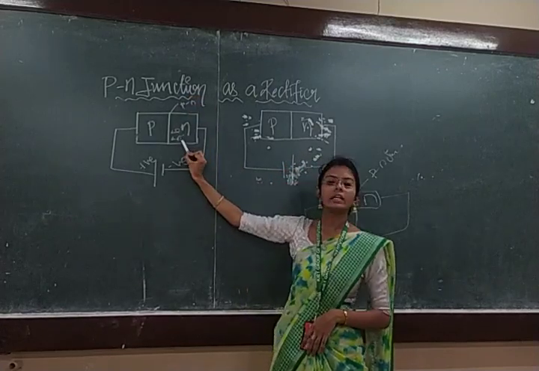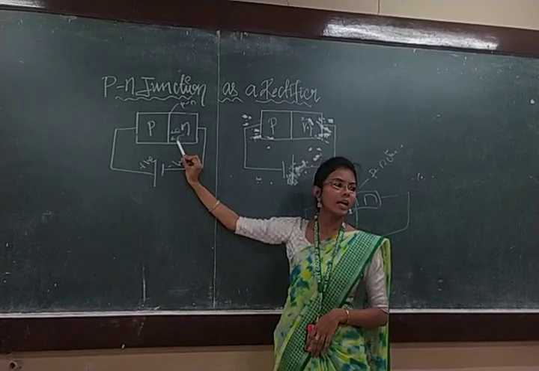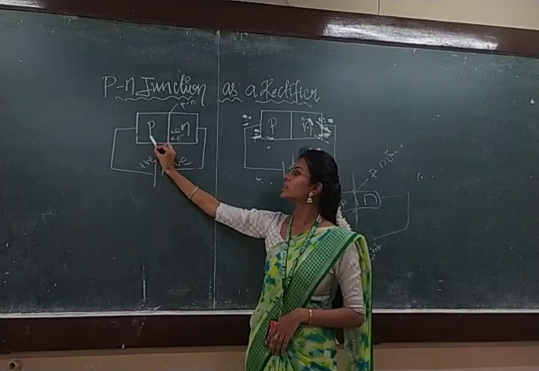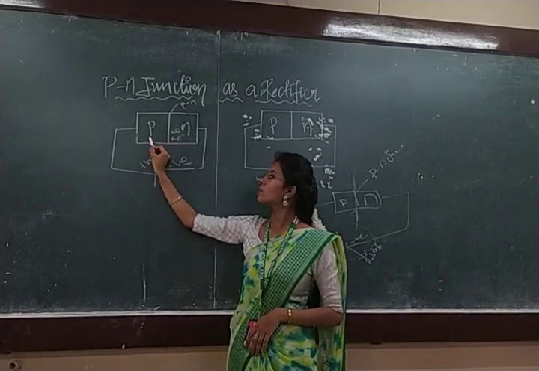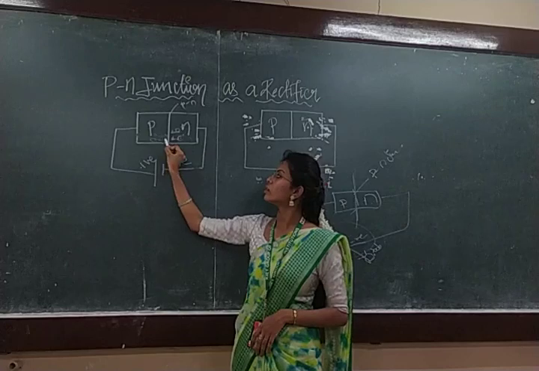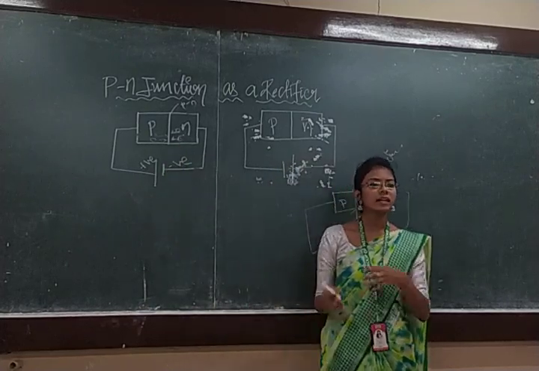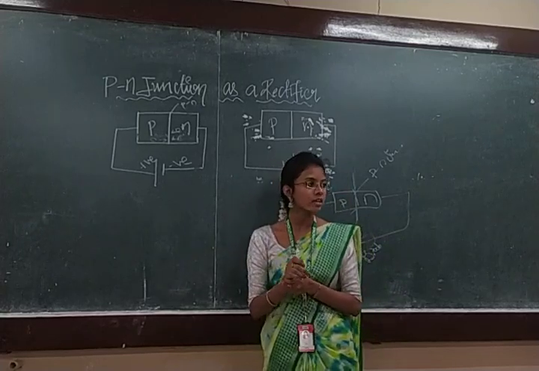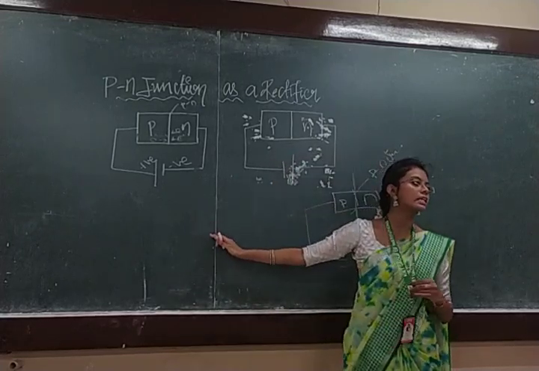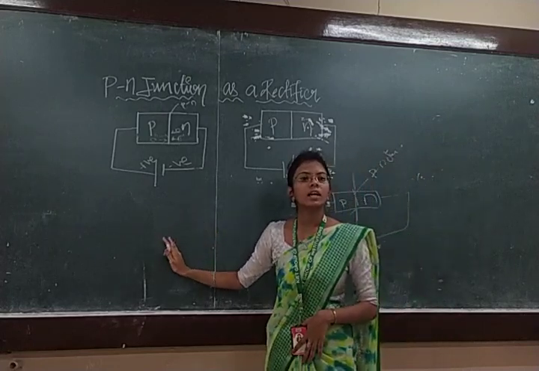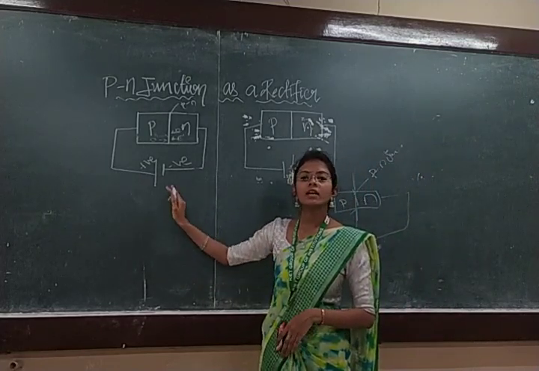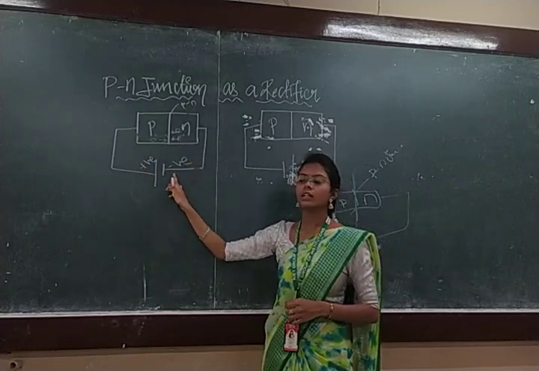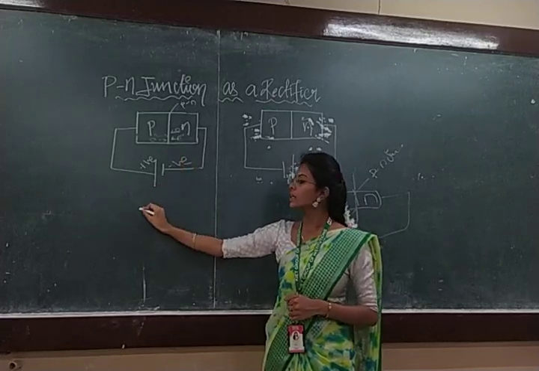So what are the charge carriers present in N-type? Those electrons will move towards the junction. Now, who are the charge carriers in P-type? Holes, right? Now these holes will move towards the junction. Like this, the charge carriers will move across the PN junction and it will conduct the electricity. Understood? If our connection is like this, that means P-type is connected to positive and N-type is connected to negative, then it conducts the electricity.